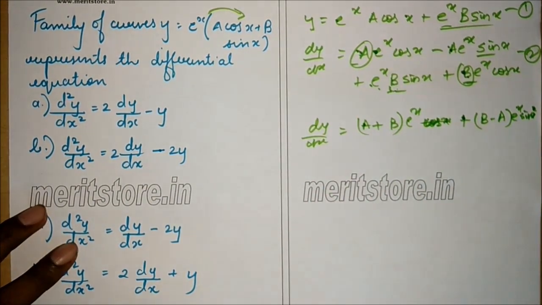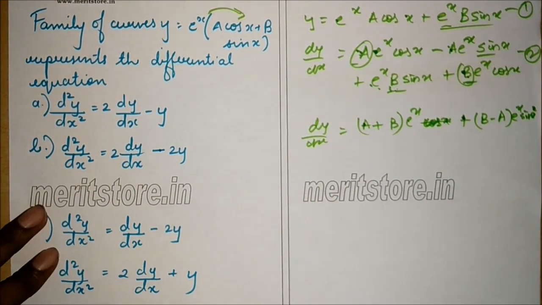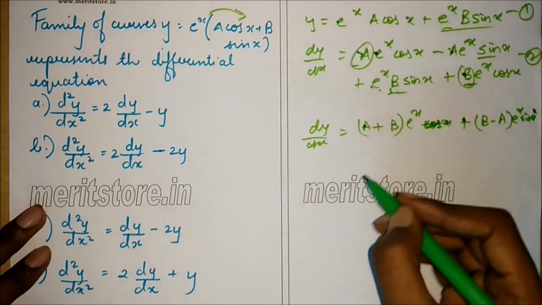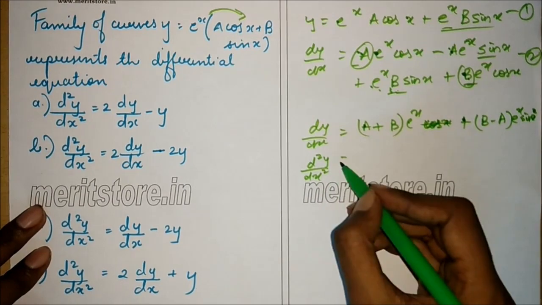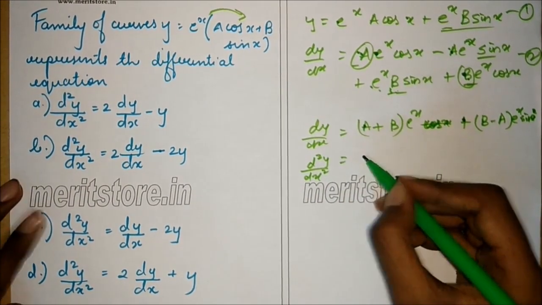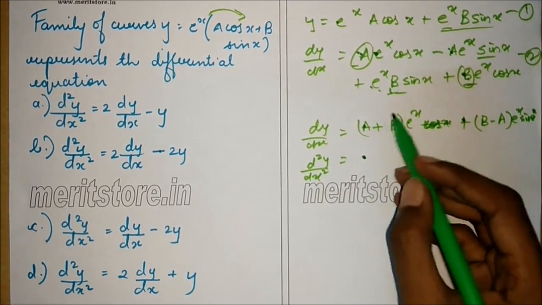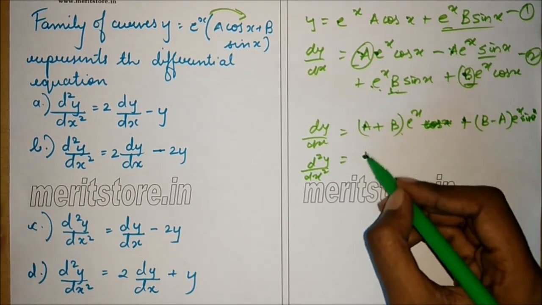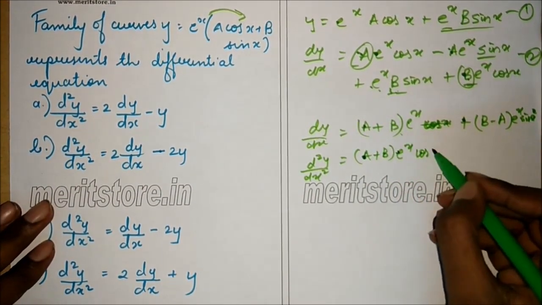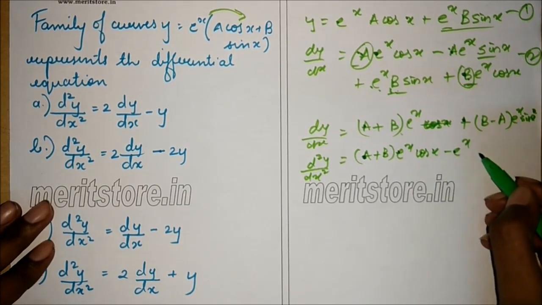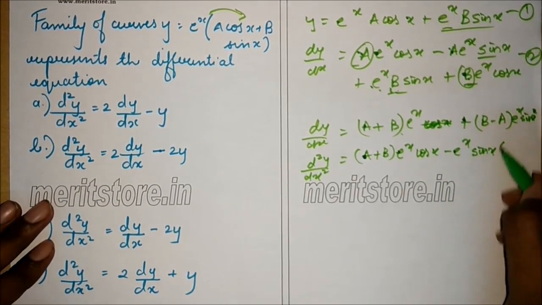So again differentiating the second time, since in the option it is given in the form of second order derivative. So we differentiate this again. So this will be d2y by dx square equals, again similar to the previous sum except there will be two constants. So this will be (a plus b) e raised to x cos x minus e raised to x sin x into (a plus b)